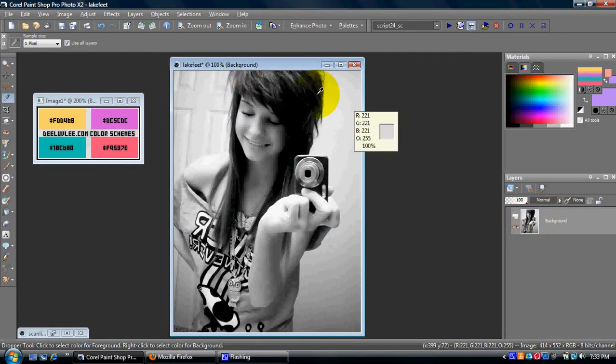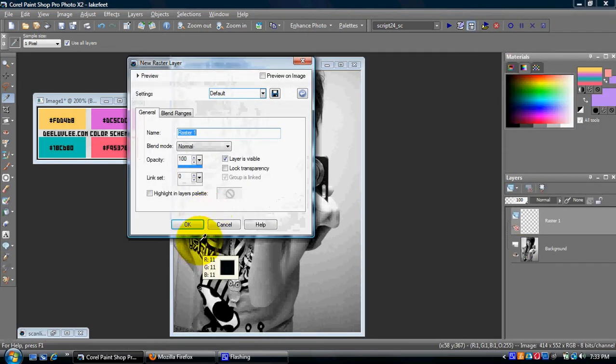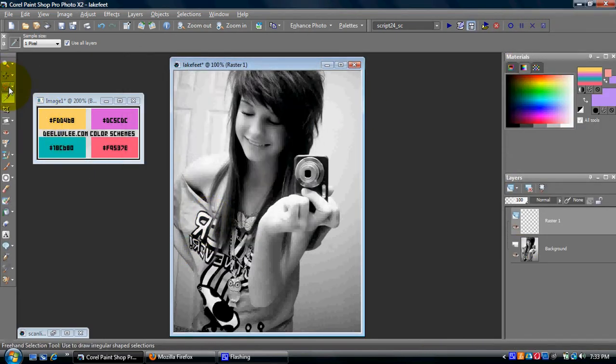Here are the layers. So you're going to make a new raster layer. Right click and then go to new raster layer. Click OK, and then you're going to go over here to your freehand selection tool. Make sure that it's point to point. You can either do replace or add shift. I like to do add shift, and then the feather 15, smoothing 5. So on your new layer, right here, just select around